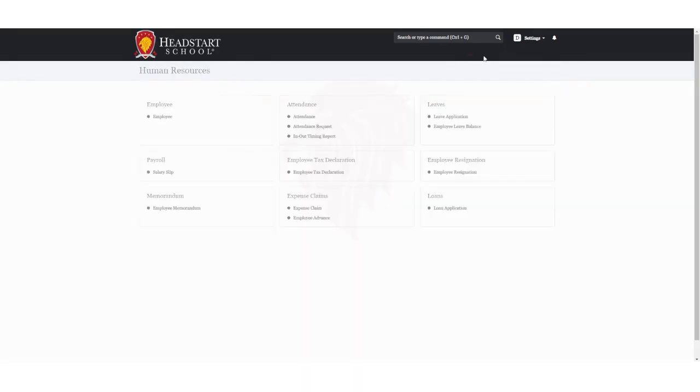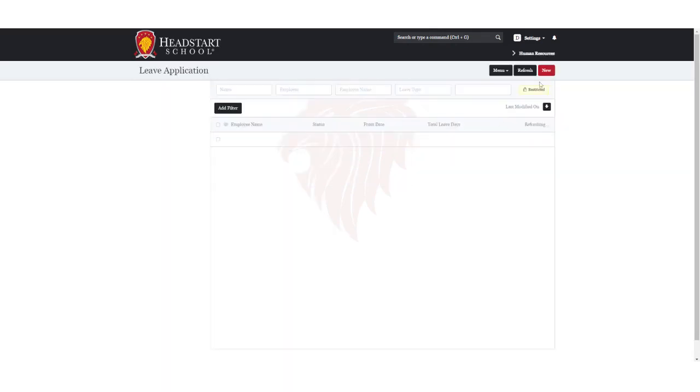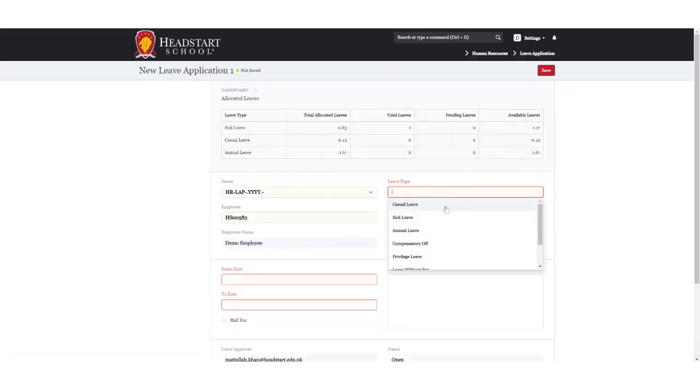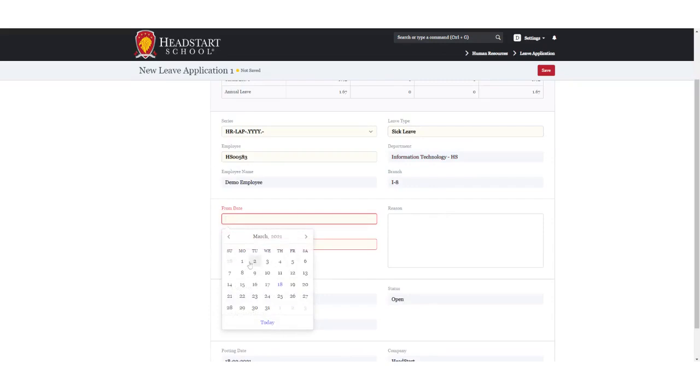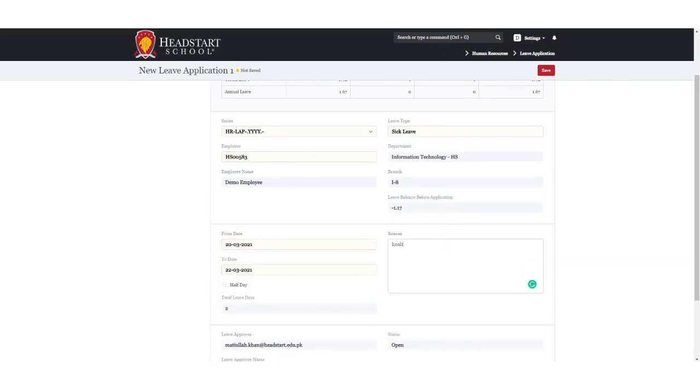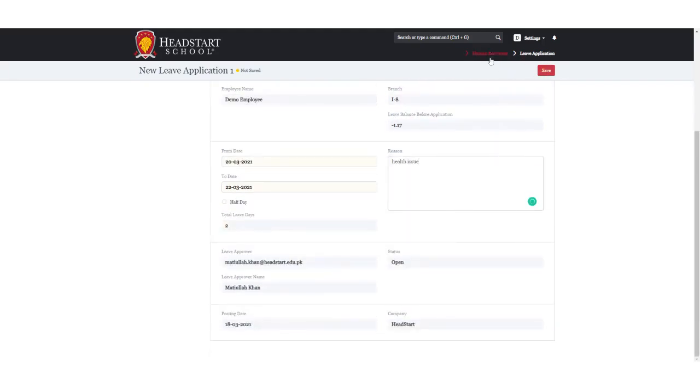If you want to put a leave application for any future activity for which you would be not available for job, you would come into the leave application, click on it and click on the new button. You would select your leave type for whichever reason you would be taking your leave. You would select the dates for which you want to take the leave. And you would give a slight and valid reason for your unappearance at the job. Save the leave application, which would be reviewed by your supervisor.